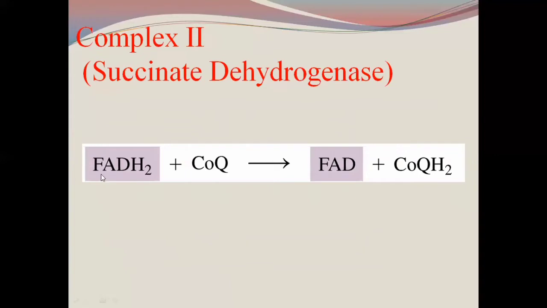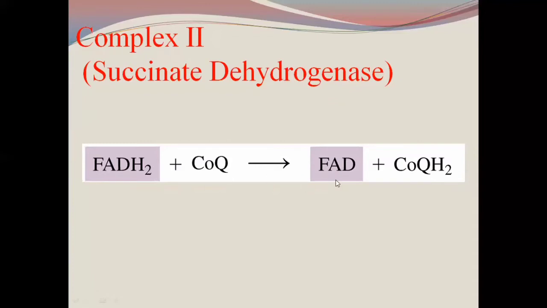The overall reaction is that FADH2 will transfer its electrons, and these will be taken up by coenzyme Q, and as a result FADH2 will again be oxidized. Okay, FAD will be oxidized again. Then this FAD will be ready to get involved in the different oxidation reactions and different metabolic processes. It will go back and be ready to cause oxidation-reduction reactions, right? So in different metabolic and oxidation reactions it will be reduced again, and will again come to the electron transport chain for the purpose of the generation of energy, right?